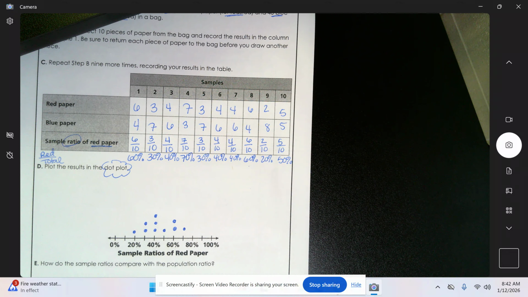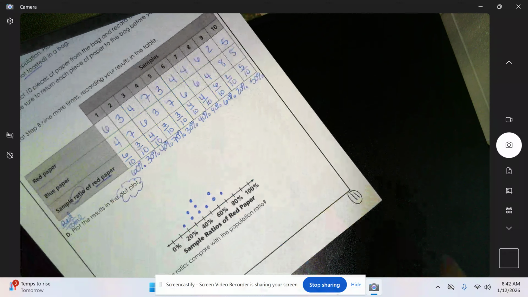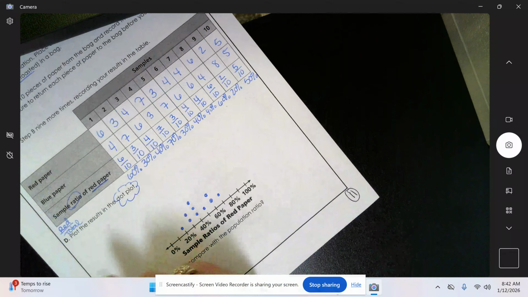Why do you think we didn't get more red choices? Because it's random. I mean, it is random. Some people could have been, the way I put the pieces in the bag. Some people may not have mixed their bags up really well. They may have had just red pieces sitting on the top or blue pieces sitting on the top. Okay? So, anything could have happened. Were we close? Yeah. Yeah, but we could say a